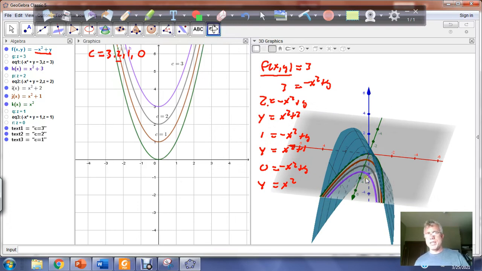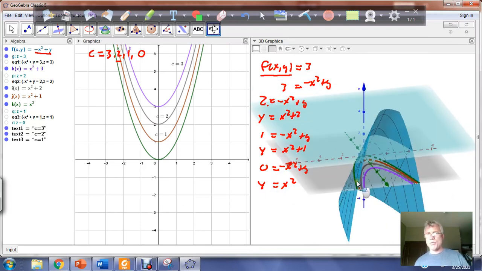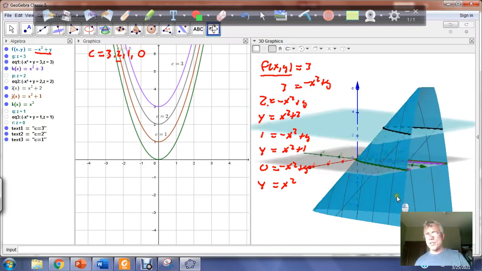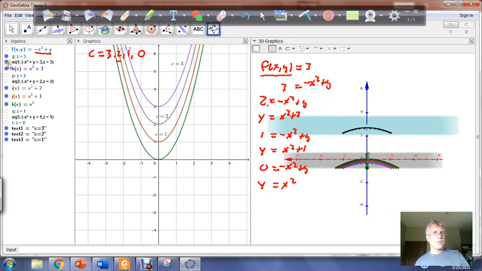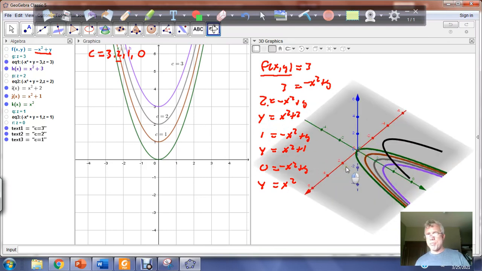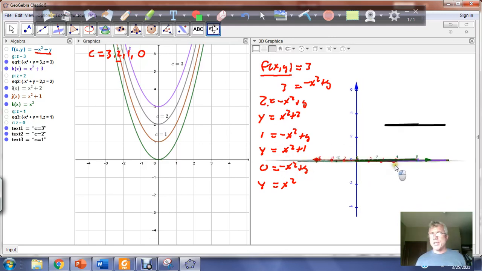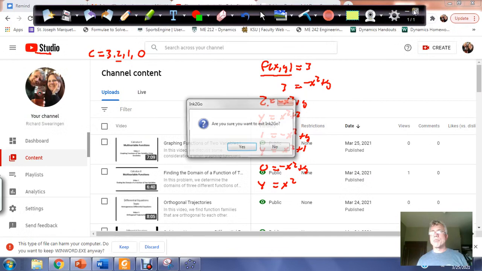When we're setting c equal to a constant, we're doing planes parallel to the xy plane. We're finding the intersection of the plane with the surface, and then that intersection is above the xy plane, but then we cast that shadow down into the xy plane, and those are our level curves. So it's a 2D representation of three-dimensional space, and you see this in lots of places in the real world. So for example,